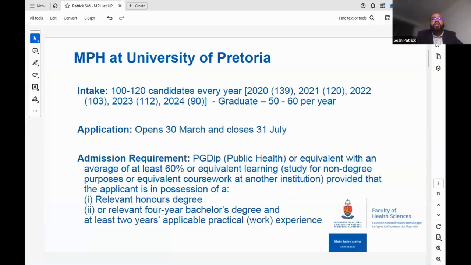Because the MPH was recurriculated, one of the entry requirements is a postgraduate diploma in public health, and I'll tell you on the next slide why. Or if the applicant doesn't have a postgraduate diploma in public health, they should at least have a degree with equivalent learning in some of the courses, provided the other criteria are also met.